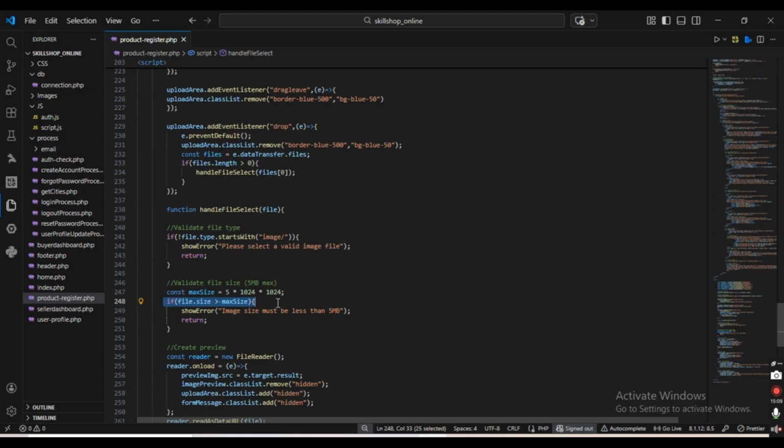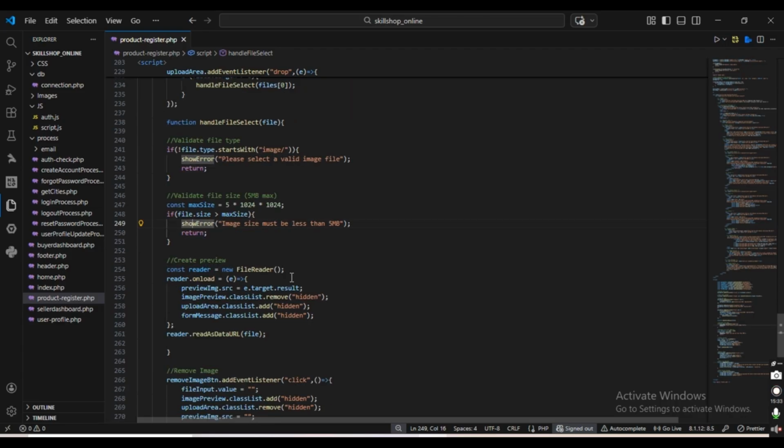This sets the maximum size to 5 MB. If the file is larger than 5 MB, it shows an error and stops the function. I use this to prevent large file uploads, protect server storage, and also improve performance. Okay, here